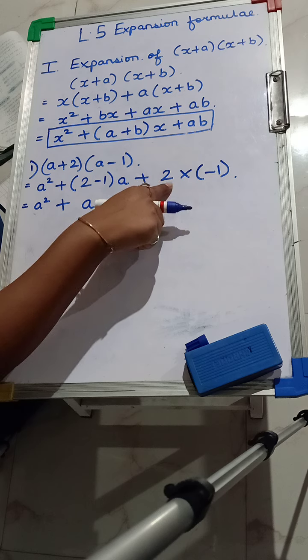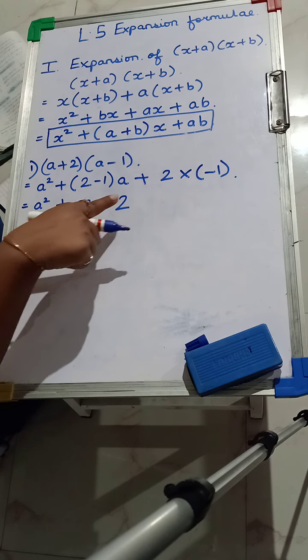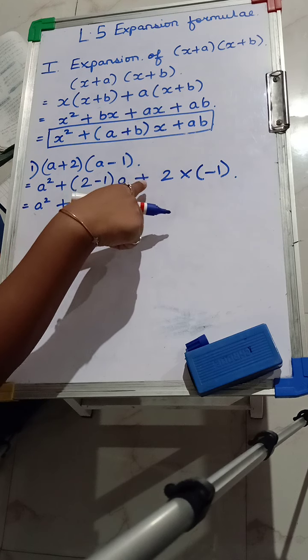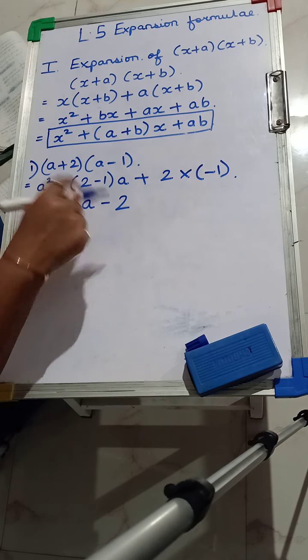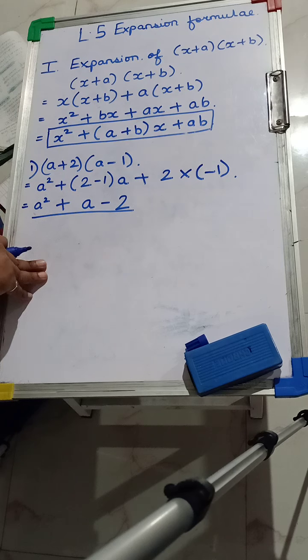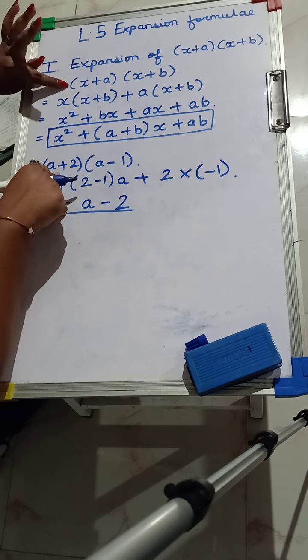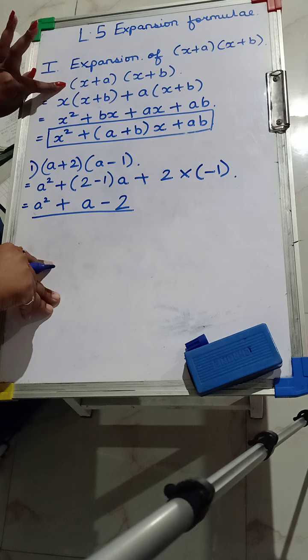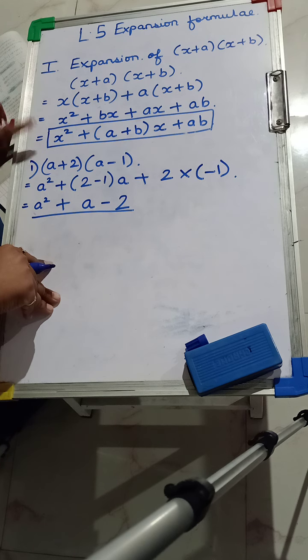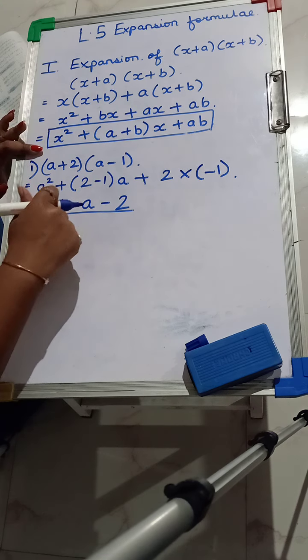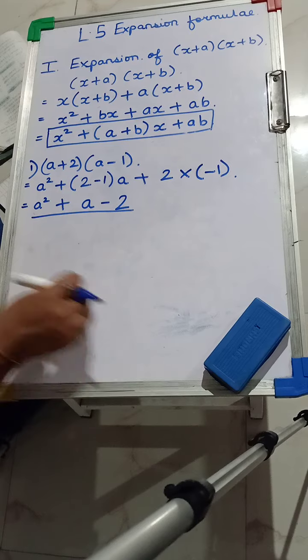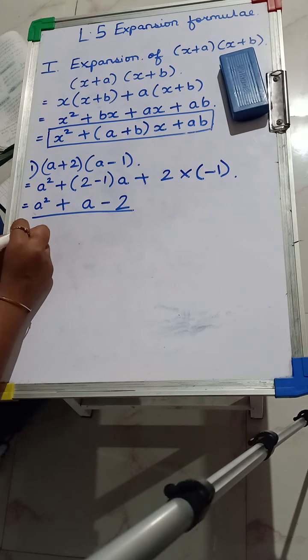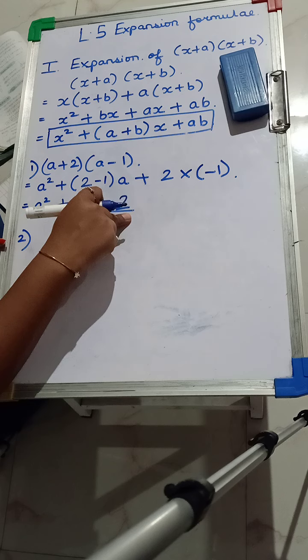Well, understood how we have taken 2 multiplied by 1 is 2, and plus minus gives us minus here. So this is your final answer of this sum, where we have just substituted according to the formula. Now see here, this part and your expansion part are almost the same, but we are not supposed to solve it in detail. Directly we are going to take this formula and solve. So now I will take the second sum. This was the first sum and this was the answer of the first sum.